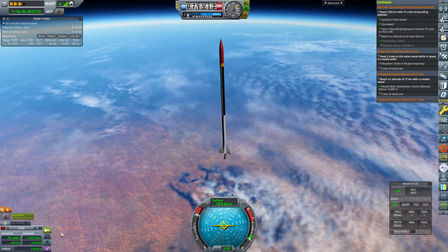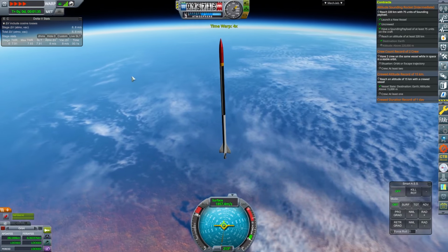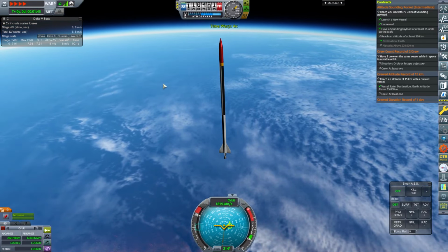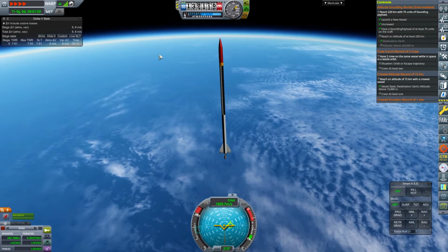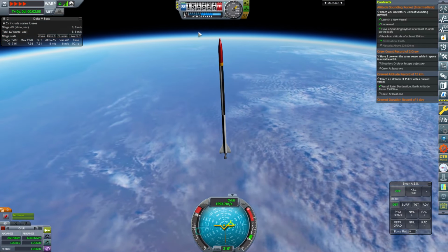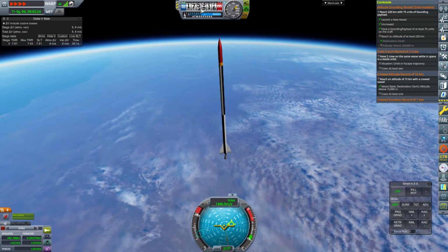So we've managed to meet the desired altitude. So we should just accelerate this upwards. We're not going to get any science. We're just going to complete this. It's going to be a quick launch. It's going to take us a couple of minutes. And let's see. Where are we? We are looking at...